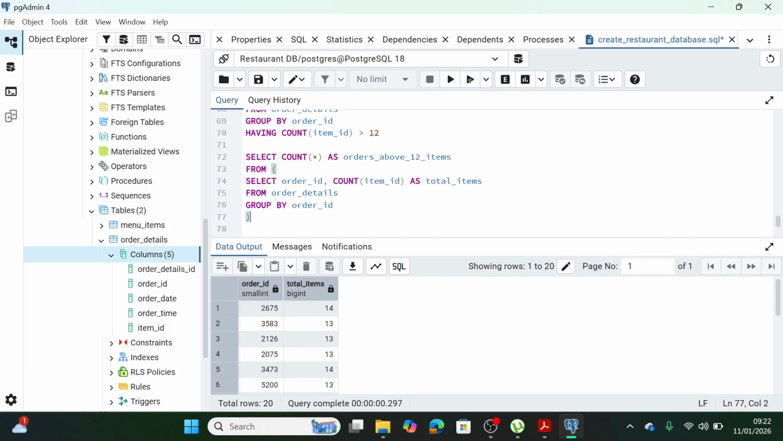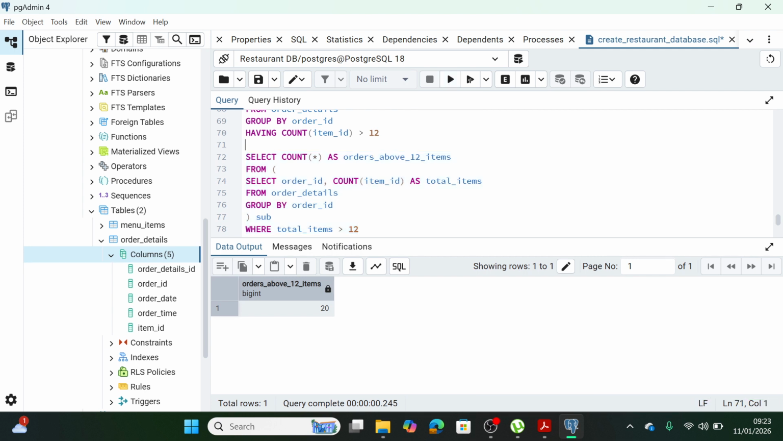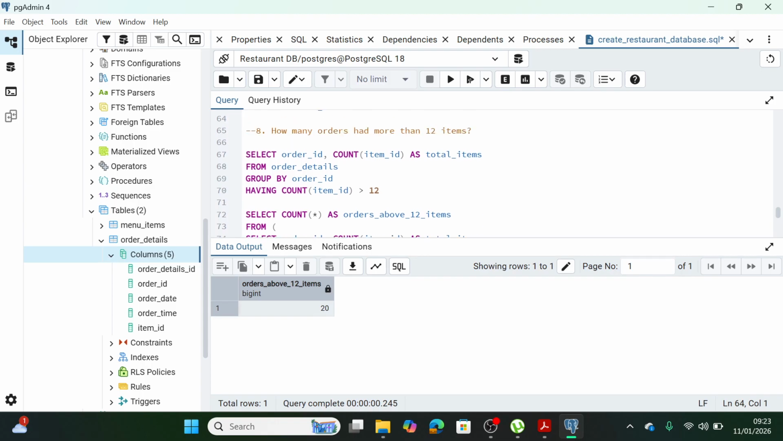That's the end of the subquery, and I can call this one subquery. Then I have to filter where the total items is greater than what? 12. So you see, guys, the question says how many orders had more than what? 12 items. So if you run this one now,